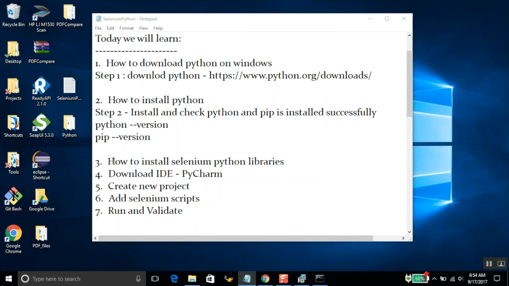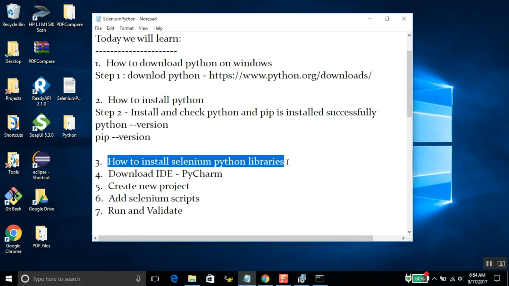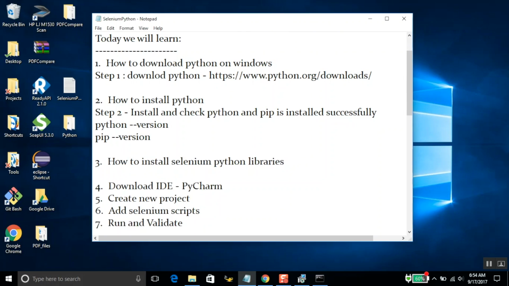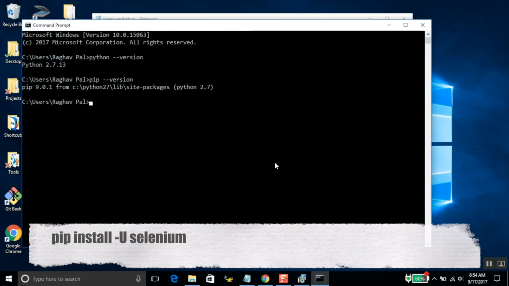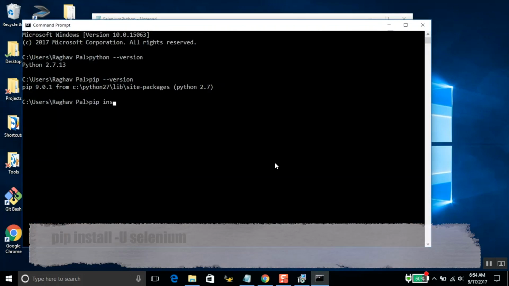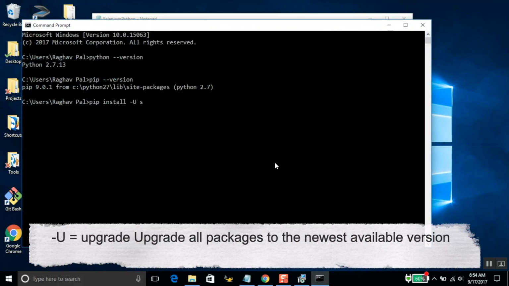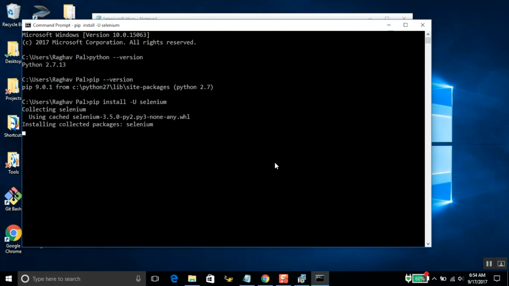Now the next step is we have to install Selenium Python libraries. So for that you can run a simple command for pip, which is pip install -u Selenium. So let us run this command on our command prompt. I will go to my command prompt and say pip install -u Selenium and just run this, and it will take the latest Selenium package for Python and it will add the libraries, and you can see it has installed